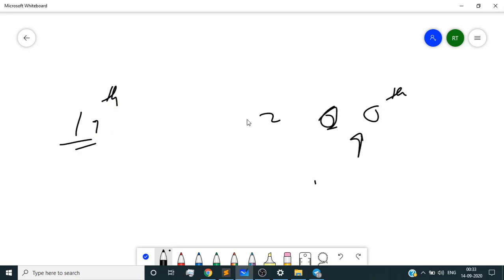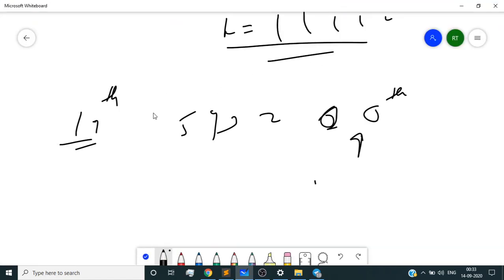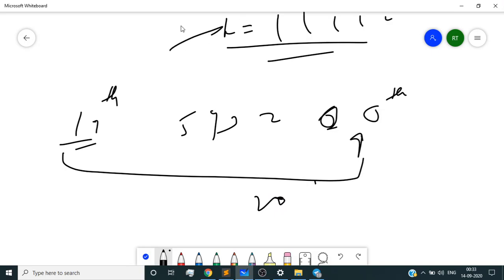From this we can calculate the value of each bit, okay, and we had to make an extra query, which is where all the bits were 1. So basically these were 20 queries, and this extra query is the 21st. So we have to reduce our queries by 1. What we're going to do is not do this query, basically we won't check whether the 0th bit is 1 or not by using the procedure that we were following for the other queries.